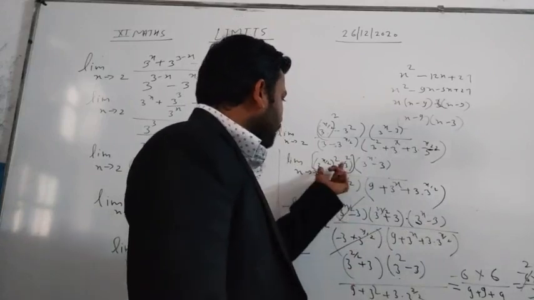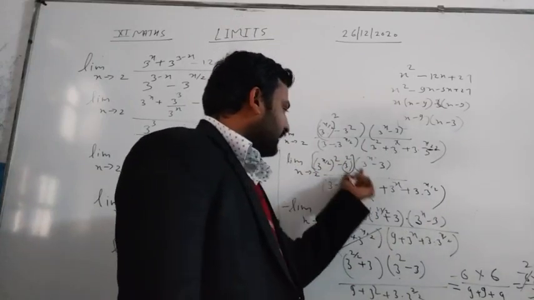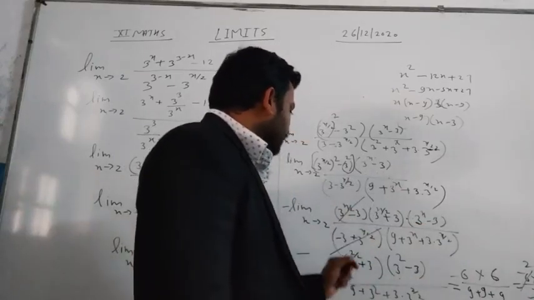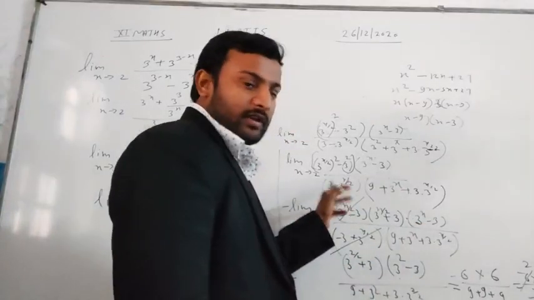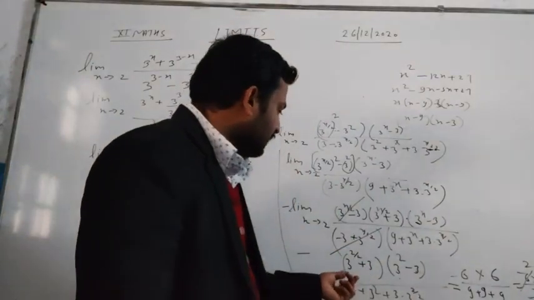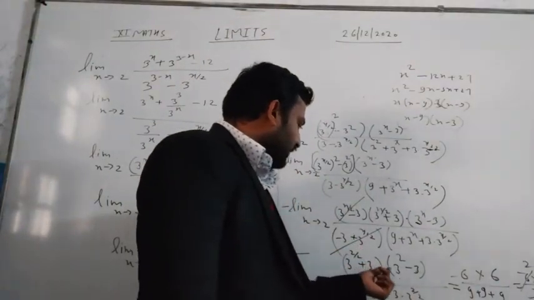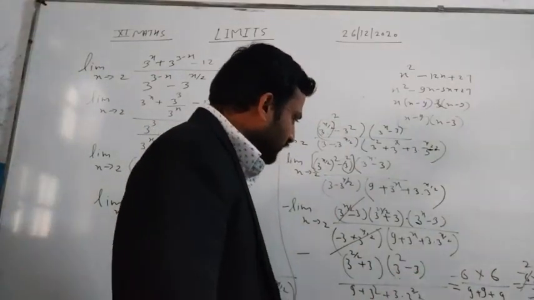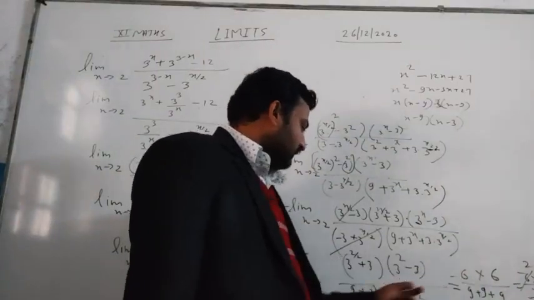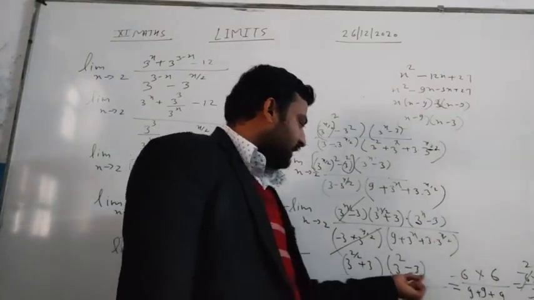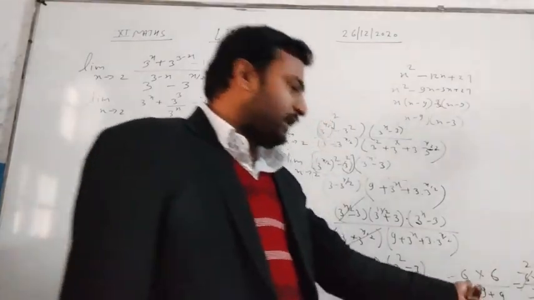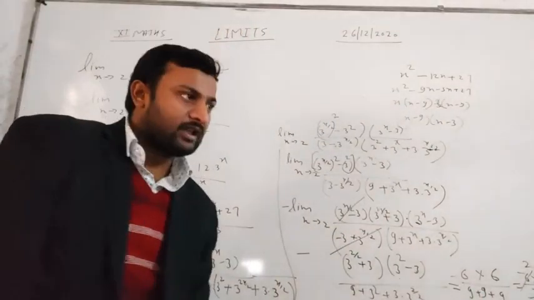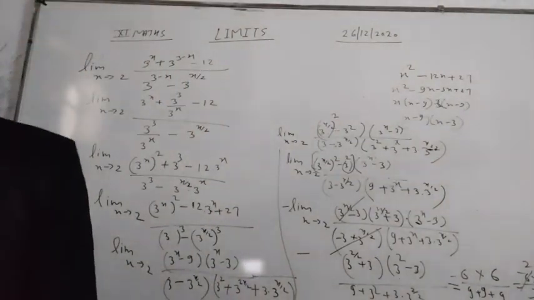Now we are seeing that in the first bracket a minus b, in the second bracket a plus b. This term is as it is. Both terms will be cancelled. We are taking the negative sign outside from here, and this term is cancelled. So 3 to the power 2 by 2 plus 3, we do 3 square minus 3 by this and this. Now here minus 6. After putting the limit x is 2, we are getting 6 into 6 by 9 plus 9 plus 9, which is equal to 27. After cancellation, we are getting minus 4 by 3. I hope you understand, students.